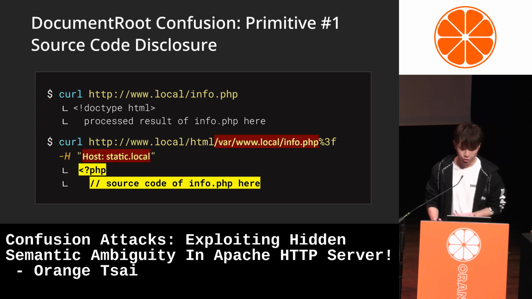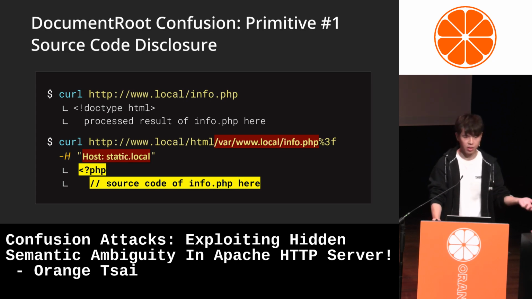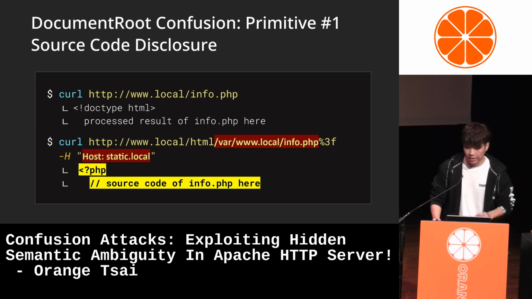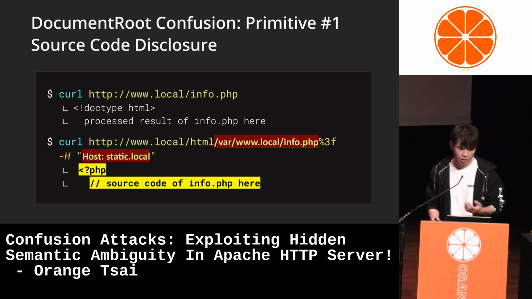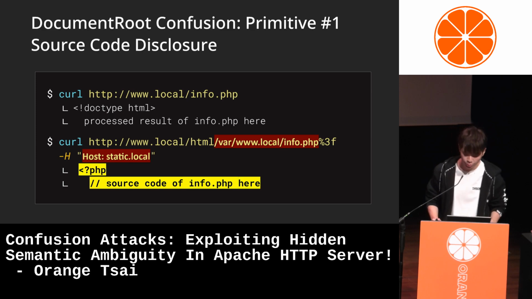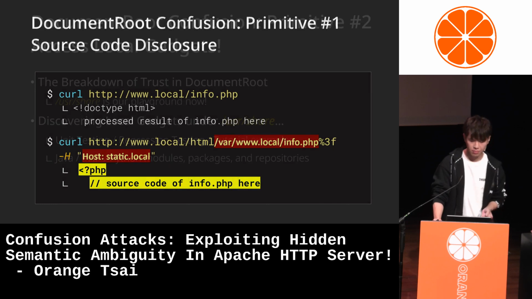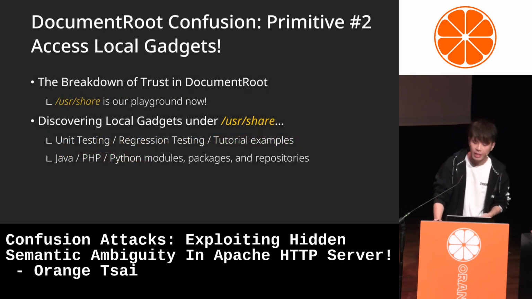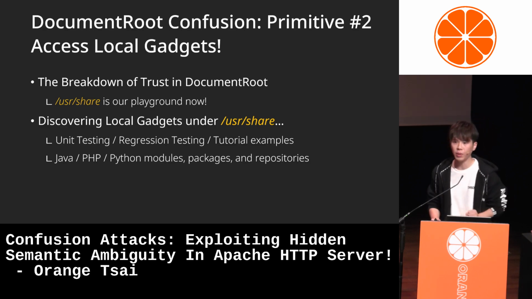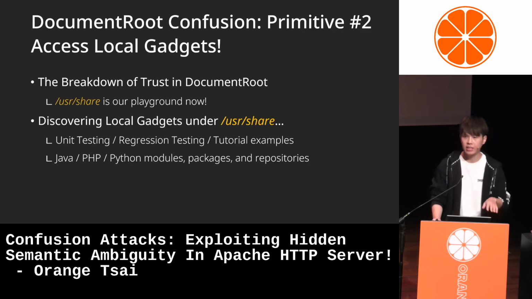Since Apache decides whether to execute the script or not based on the current virtual host or directory, accessing the full path through a virtual host that doesn't support PHP allows us to easily expose its source code. And since we have broken the trust of only accessing the DocumentRoot, the entire /usr/share has now become our playground.